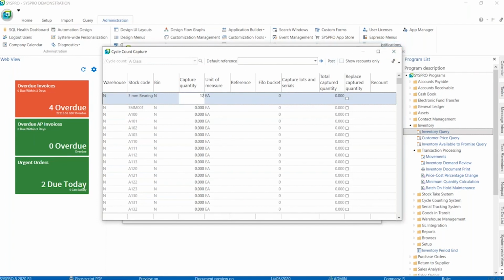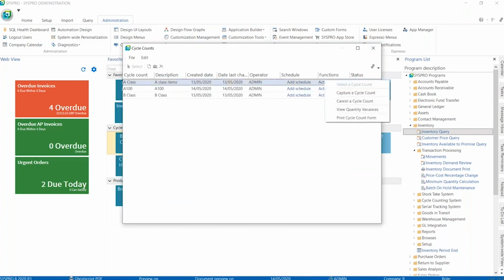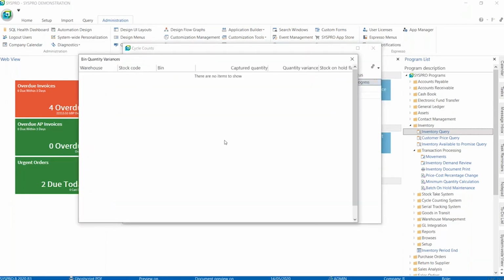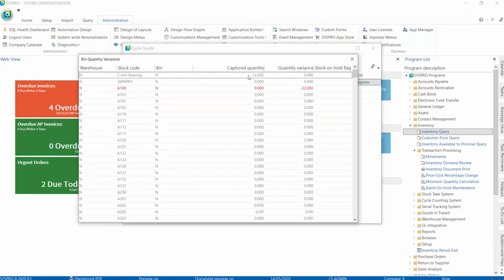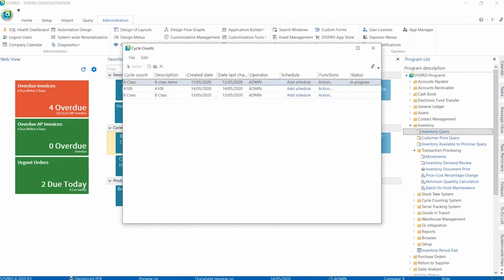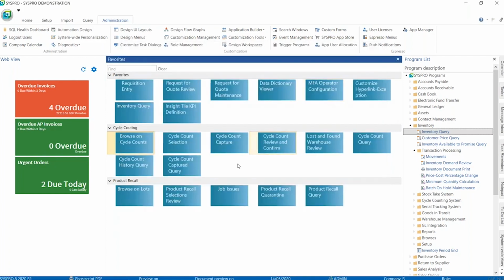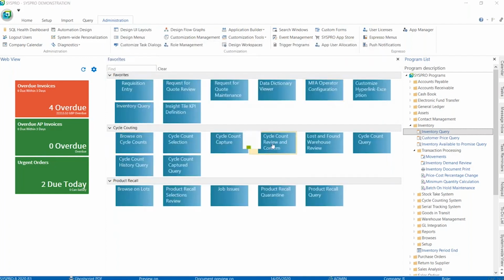So I'm going to start capturing stock into here and hit post. So I can now see when I look at my variances, I have my 12 captured and a quantity variance of 0. And because I've captured 0 against this, it has got a minus 22 variance. So from there, I can also print my cycle count forms if I want to do a paper-based count. I can now go into my review and confirm,